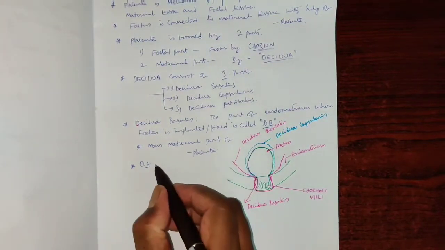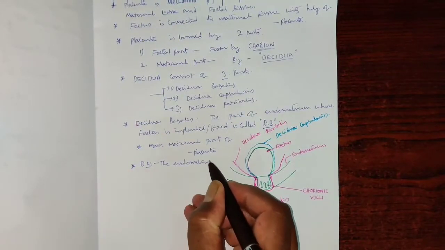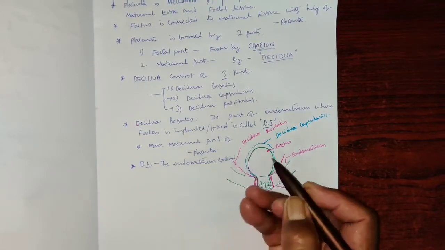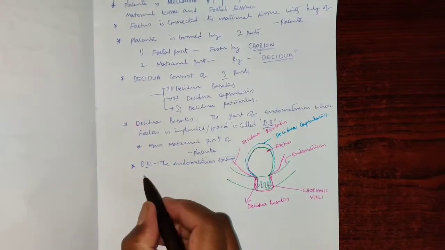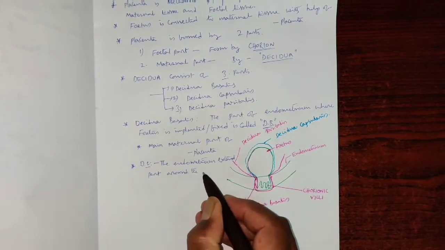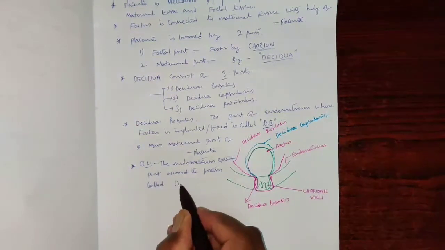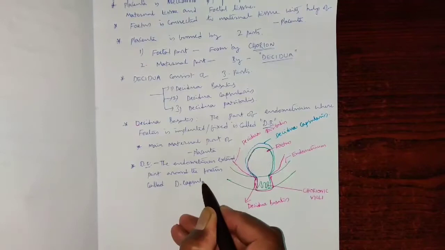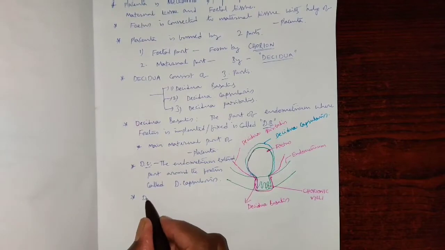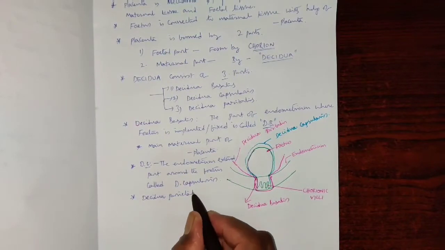The endometrium extended part around the fetus is called decidua capsularis, and decidua parietalis,